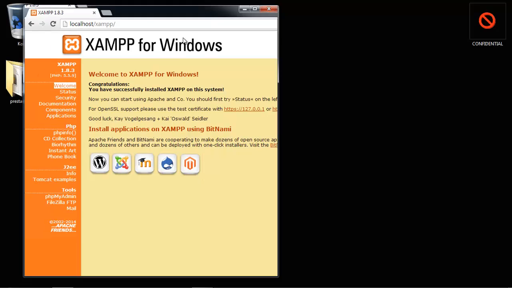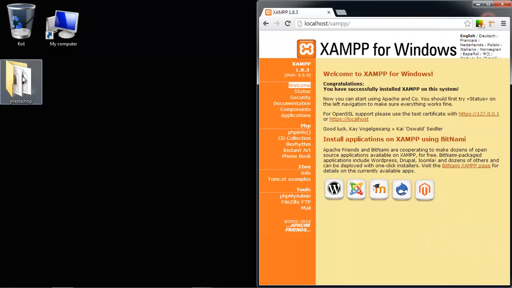I have already downloaded the PrestaShop folder before. What we will need right now is a new database for our PrestaShop. On the default screen of XAMPP, we'll click on phpMyAdmin,